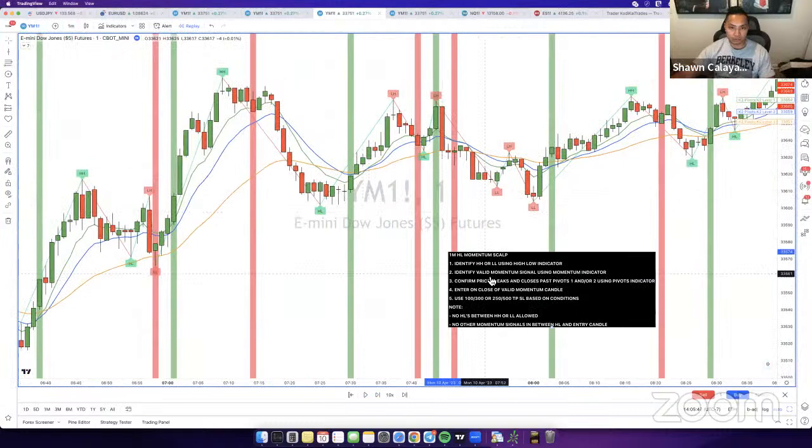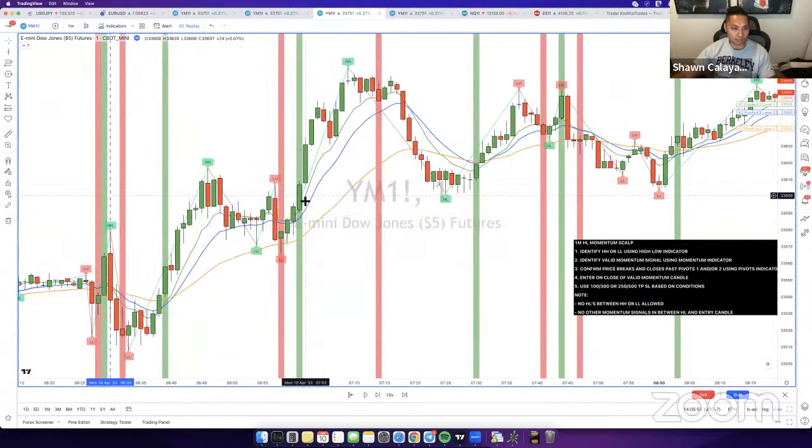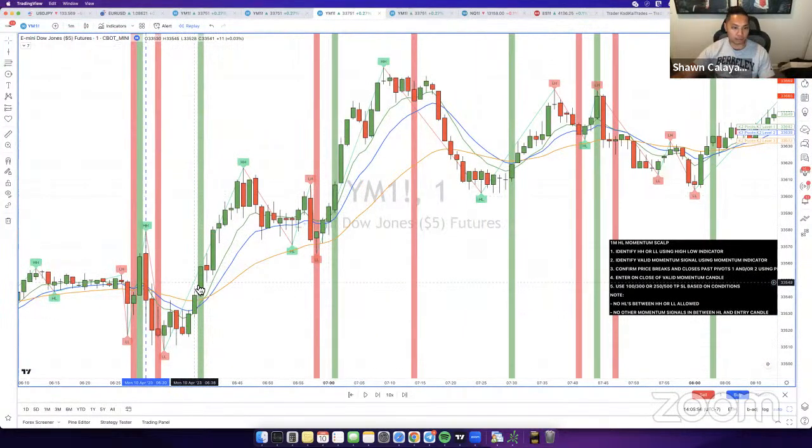And that's pretty much it. I don't think there was any other possible entries. There was a couple close entries here. Like this was close. We wanted to take this, didn't close out properly, so we couldn't take the trade. And same with this one over here. This broken close past the pivots before we can get that buy signal.